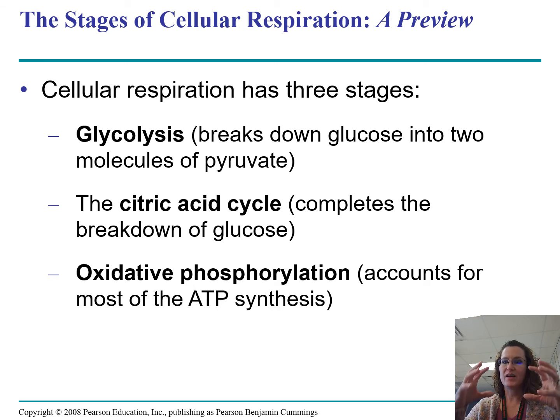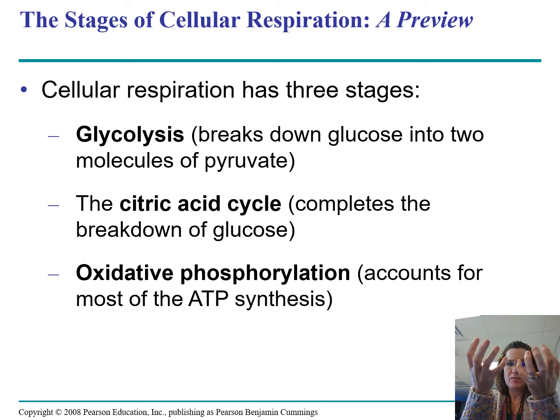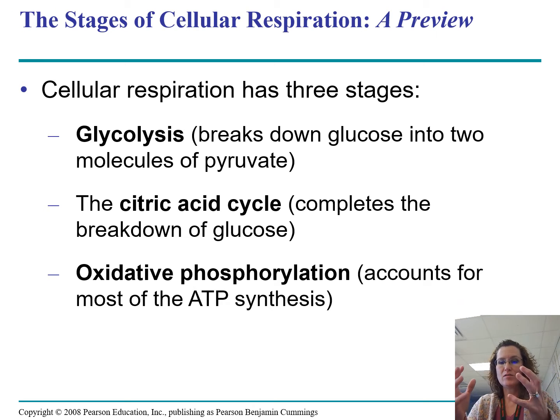If I have glucose, which is C6, and I break it in half, then I have a 3-carbon thing and a 3-carbon thing. Then we have to do something with those. That's glycolysis, the first step. When it breaks them down into those two 3-carbon sugar parts, those are called pyruvates or pyruvic acid. Then those go into the mitochondria and start with the citric acid cycle.